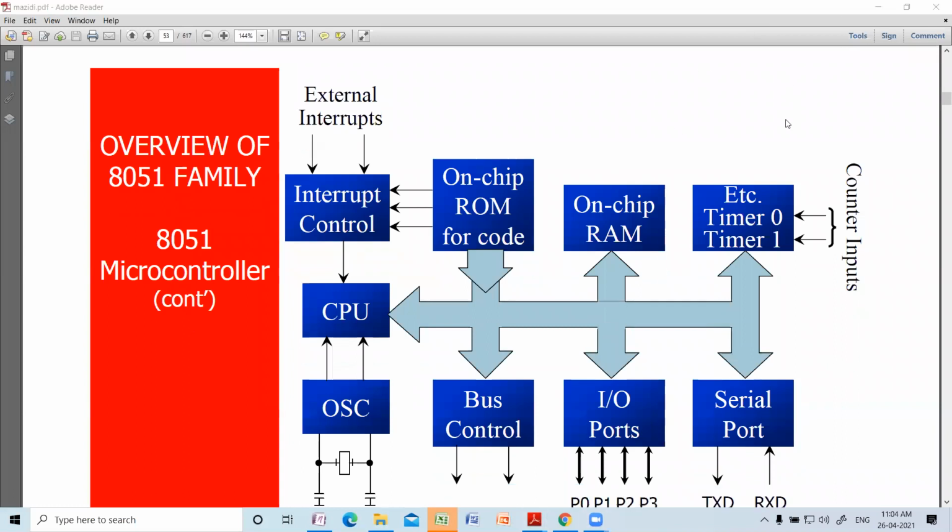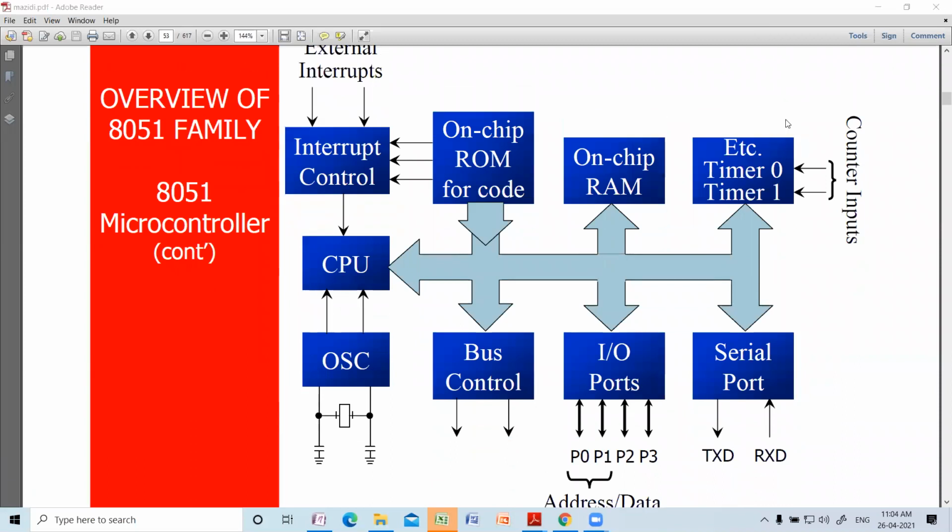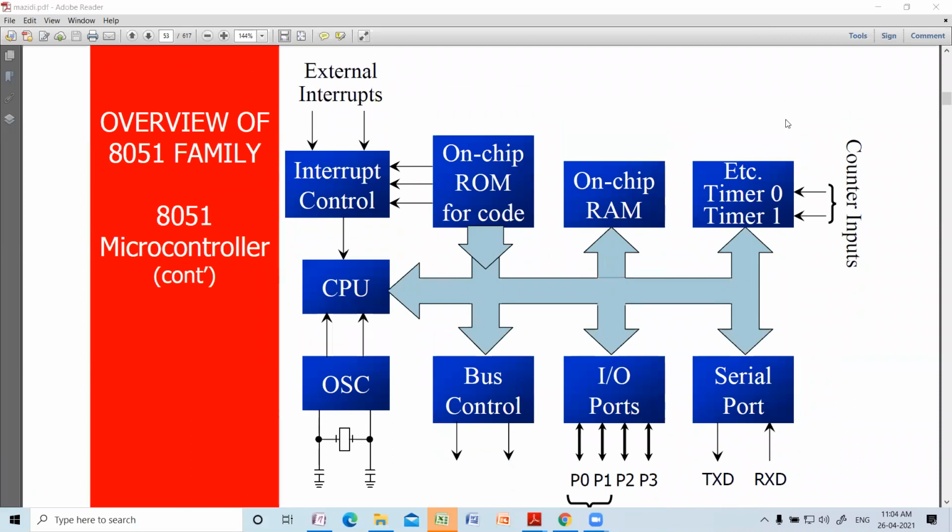You can just see the on-chip ROM for storing the code, on-chip RAM, timer 0 and timer 1, serial port, 4 IO ports, each of 8 bits wide, and a clock circuit, the OSC oscillator, a crystal oscillator of 11.059 megahertz, which is connected.